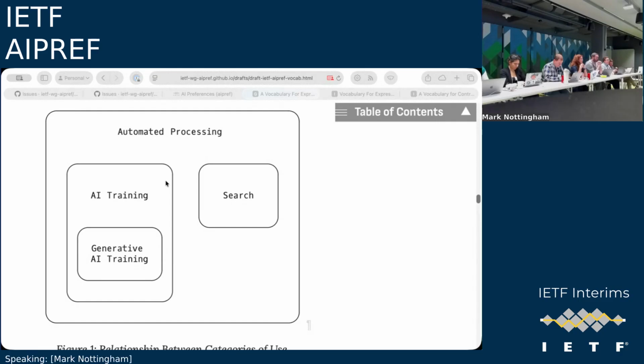On the other side are bot operators who want to innovate. They want to use the content to train models for inference in response to queries, and simplicity can make that harder, because it's not always clear what is and isn't fair game to do that. And I'm assuming best intentions in all cases, from publishers wanting to express those preferences well and accurately, and bot operators wanting to comply with them.